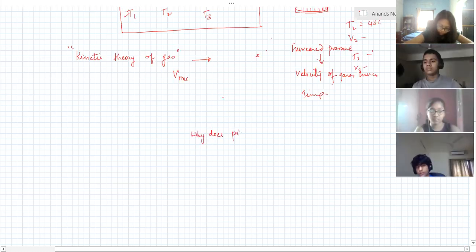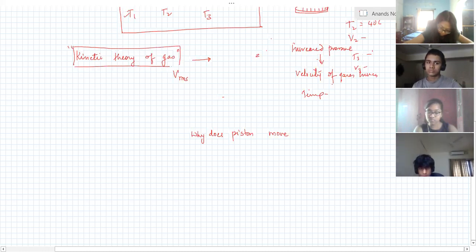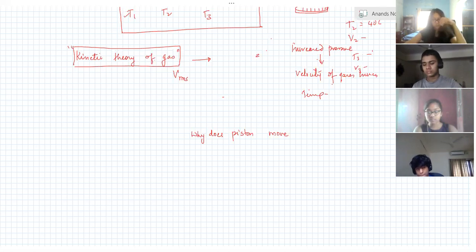Why? Sir, was it only using Charles' law that it was discovered that kinetic energy increases due to heat energy? Not just by him. The entire science of the kinetic theory of gases is a consequence of Charles' law, Boyle's law, Gay-Lussac's law, and the combined gas law. Many things have happened. But this is like a starting point. Boyle's law and Charles' law are like a starting point. The fact that temperature affects the random motion of molecules inside gases came as a concept because of these fellows, specifically because of Charles.